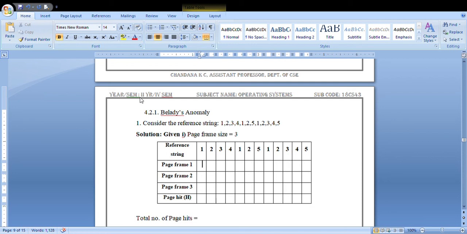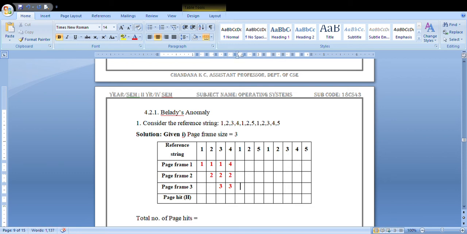Once it is done, the first page will be allocated to the first page frame, the next page to the next page frame, and the third to the third page frame. Now it is 4. You need to replace the oldest page. 1 is the oldest page, so you replace 1 by 4.